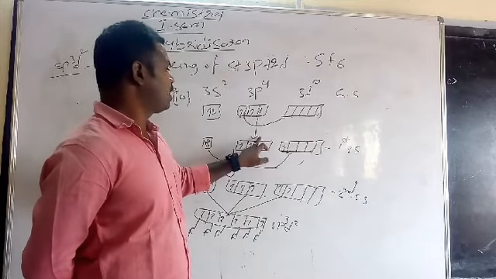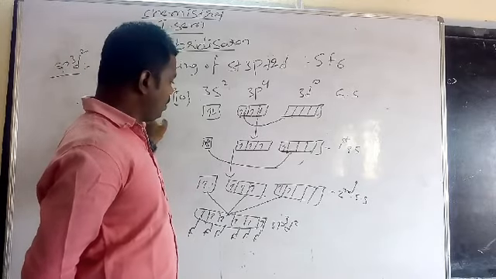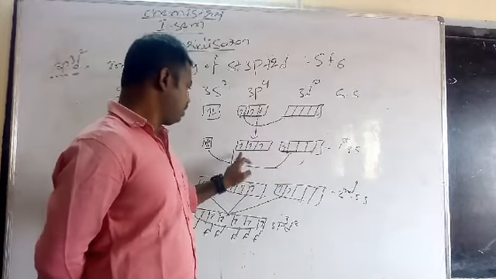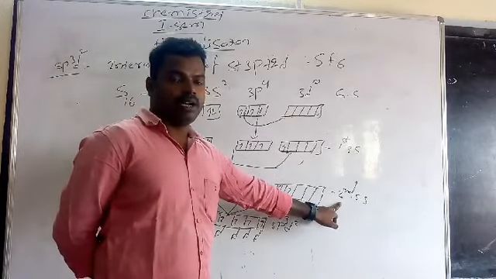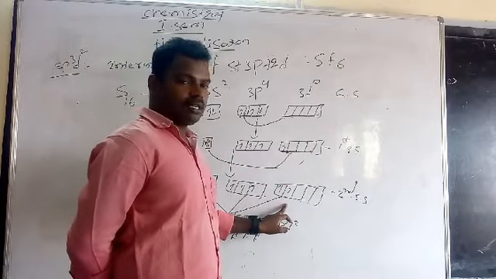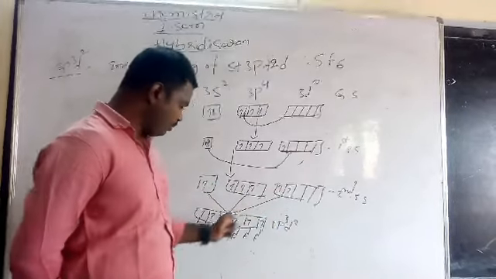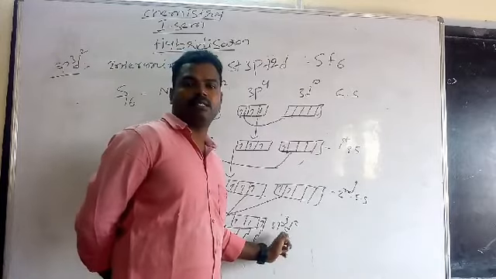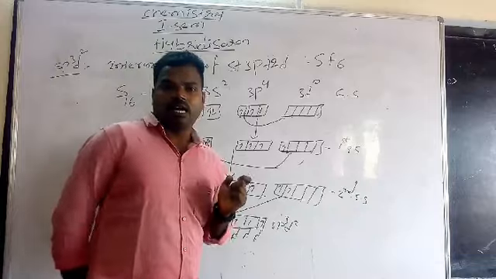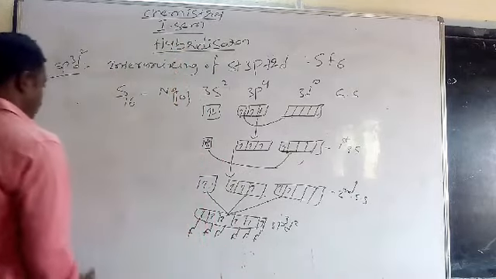So go to the first excited state of sulfur. At the first excited state of sulfur, only 4 unpaired electrons are there. So go to the second excited state of sulfur. At the second excited state of sulfur, there are 6 unpaired electrons. Now intermixing of one s orbital, 3 p orbitals and 2 d orbitals combine to give new equivalent hybrid orbitals. These 6 unpaired electrons react with 6 fluorine atoms to form the SF6 molecule.